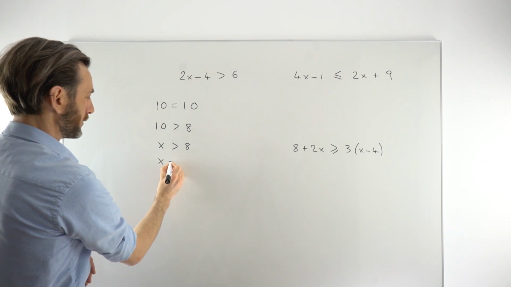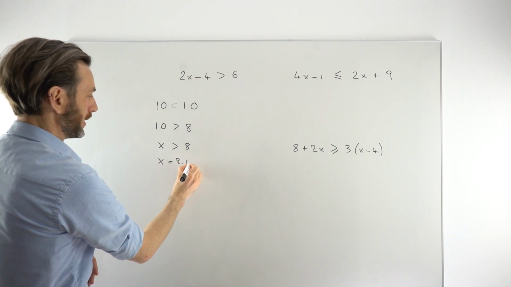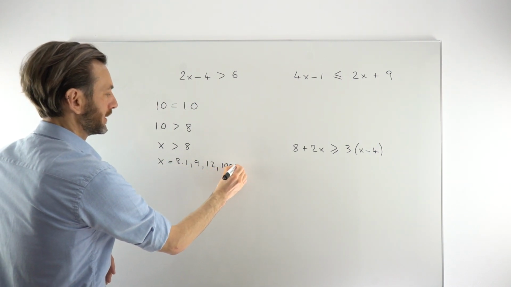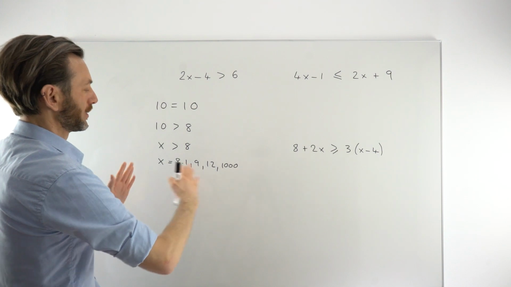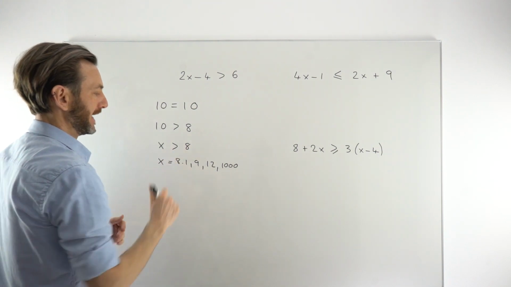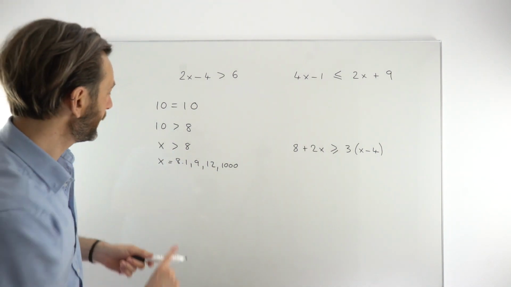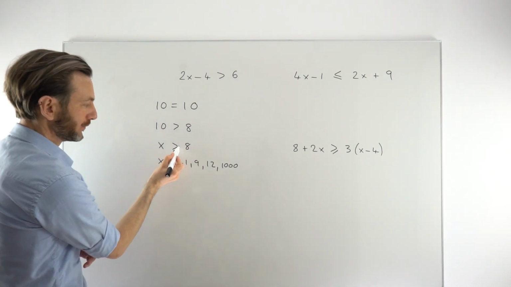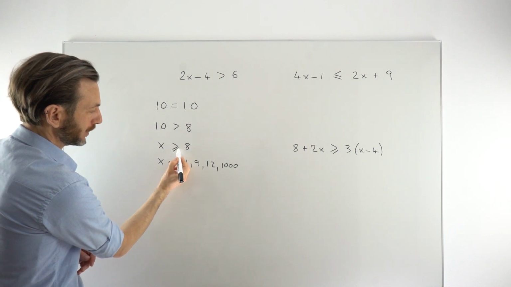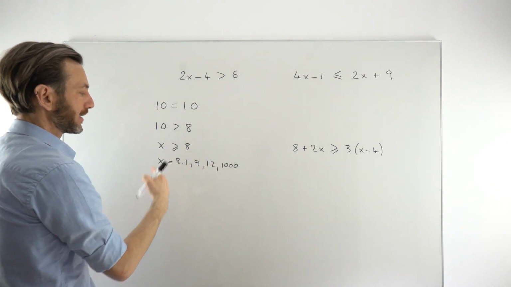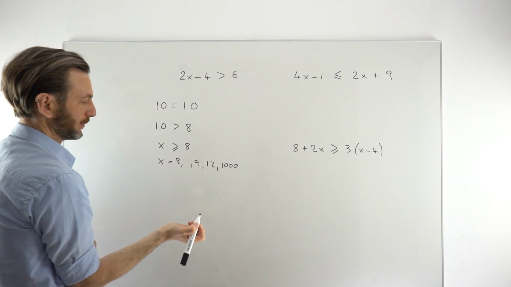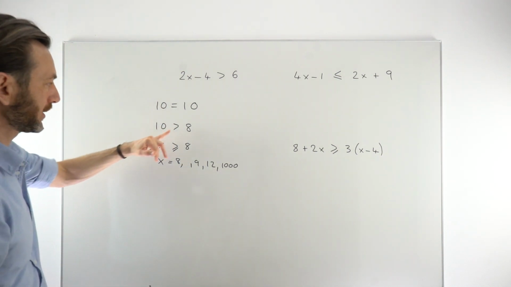So x could be 8.1, it could be 9, it could be 12, it could be 1,000, a whole range of values, every number in fact bigger than 8. If, however, we make it greater than or equal to, which is another variation on the symbol, putting the line underneath, that means that x is now allowed to be 8. So we could include 8 in our list of numbers. So strictly greater than